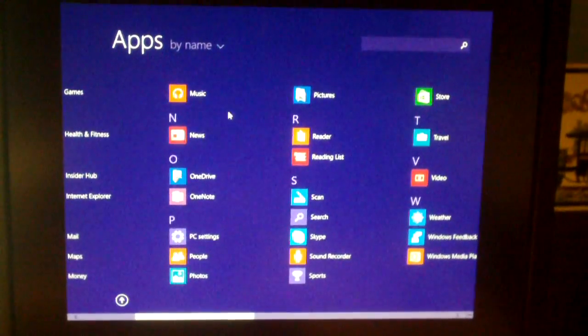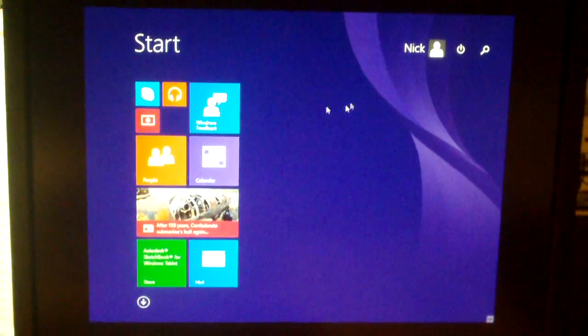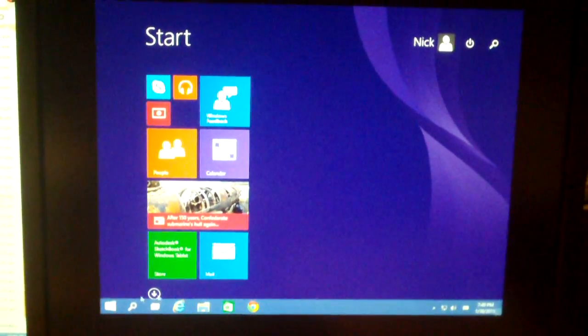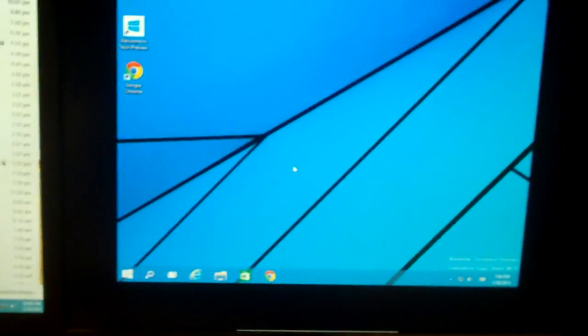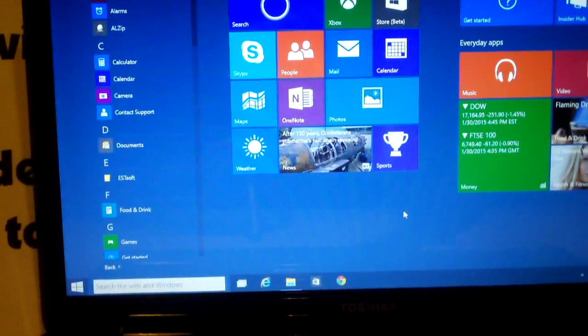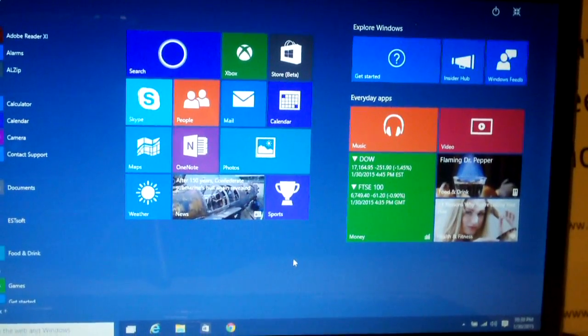But yeah, that's the actual start screen in this build. Let's see if we get out of this. See, you can easily get lost in this build. Oh, there's a taskbar. If I go back here, you may notice that the taskbar stays there. It never goes away. That's a good thing, because in Windows 8.1, in Windows 8,